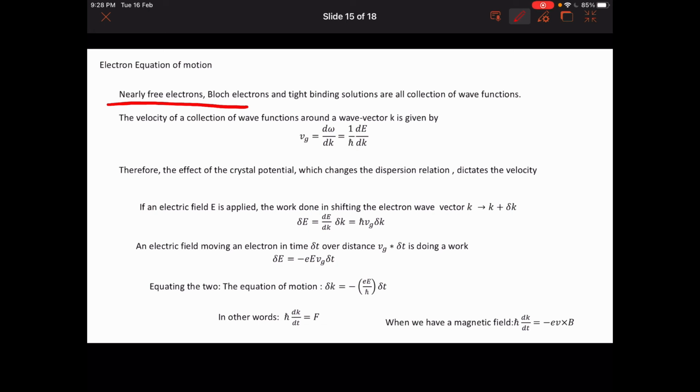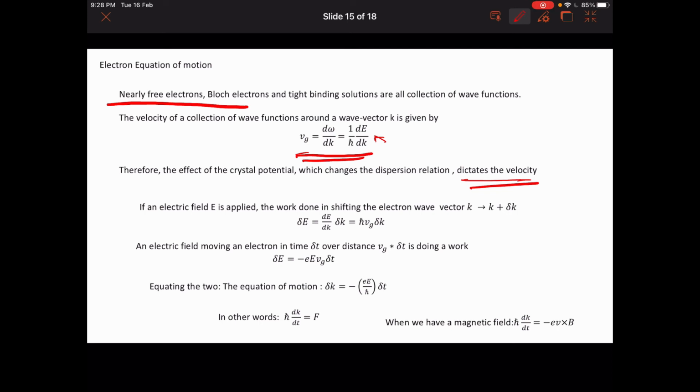And when we form a wave packet, as we saw previously, we can only talk about the group velocity. The group velocity Vg is dω/dk, which is written as 1/ħ dE/dk. This is something that we have seen previously in our quantum mechanical treatment, right? So the effect of the crystal potential is what dictates the velocity. So basically the dispersion, how the energy of an electron changes with changes in k vector,